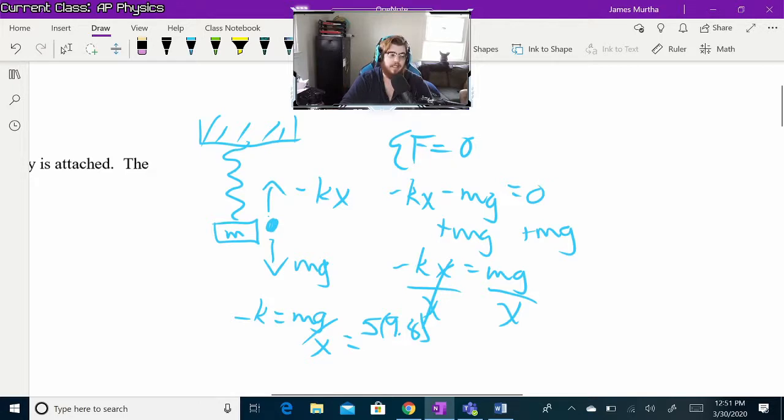Our spring force, in this case, it does. The reason it does is because of our free body diagram right here. We only have 2 forces acting on it. And because we only have 2 forces, our mg and our negative kx, when we look at the sum of all of our forces,